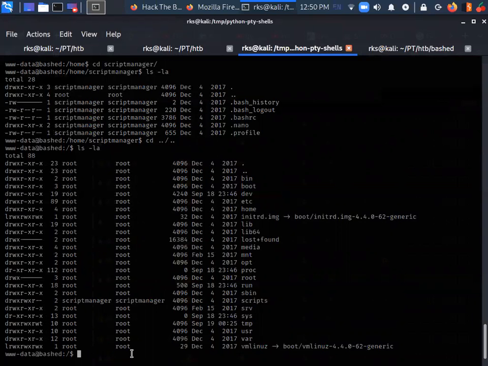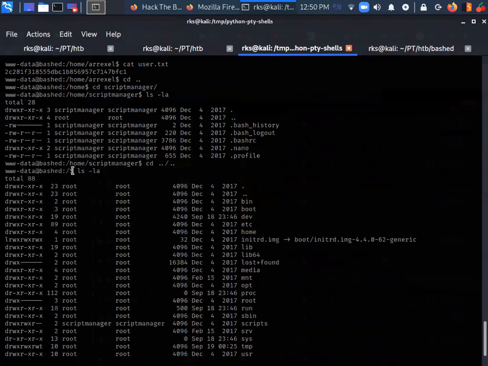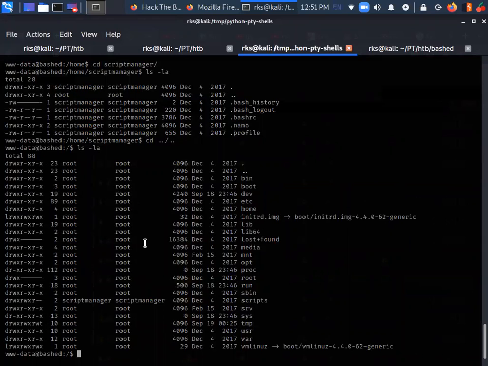Okay, so I went to the topmost directory here, that is root directory, and I did my ls -la here, and what am I able to find here? There is something unusual here.